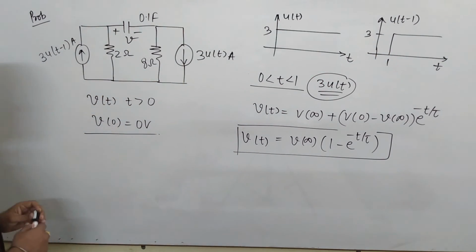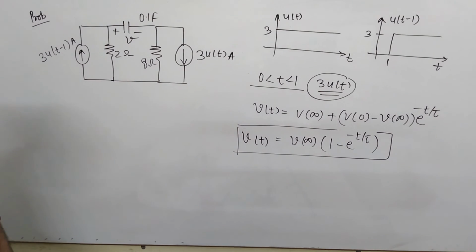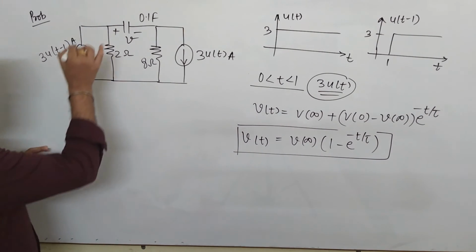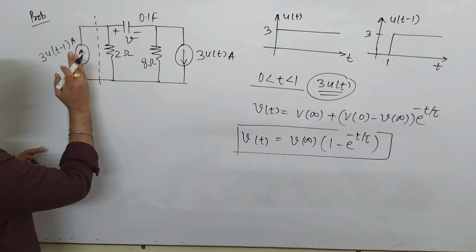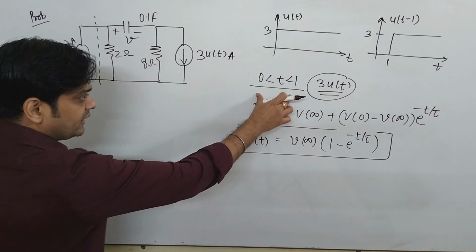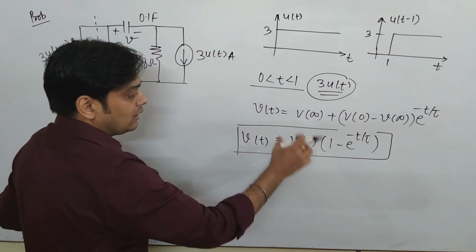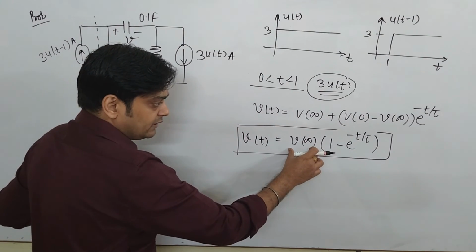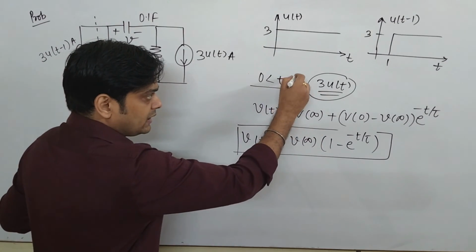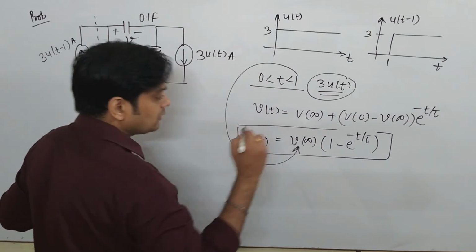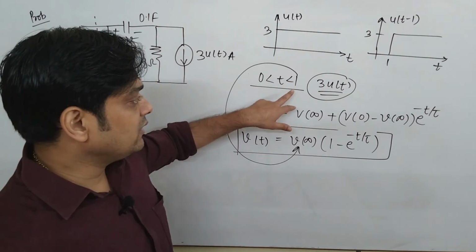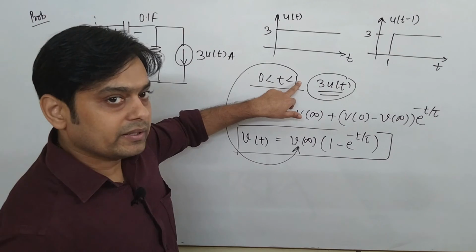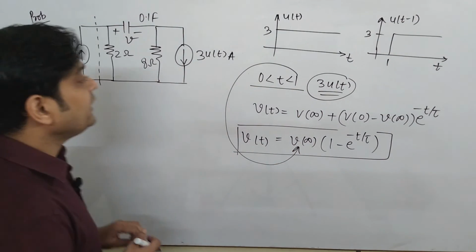Very important thing. So when we are going to find this value, please focus here. We will not talk about this current source, okay, because there is no significance. Why? Because we are finding the instant between 0 and t less than 1. Since I am writing here V infinite, it is just to represent this instant. Okay, because we have no technique to find the value at t equal to 1, but yes, we have a concept of V infinite.